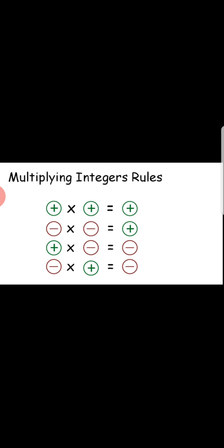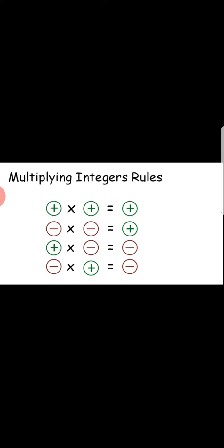In previous lectures, you have learned about what are integers, what is number line, addition of negative integers, subtraction of negative integers. Now, in this topic, you will learn about multiplication and division involving negative integers. So, first you have to follow these rules. These are the rules of multiplication of integers.